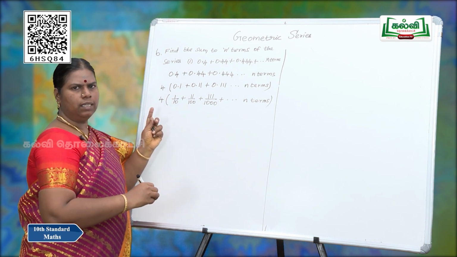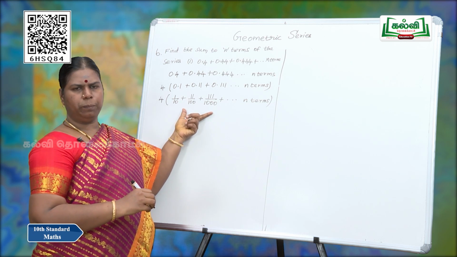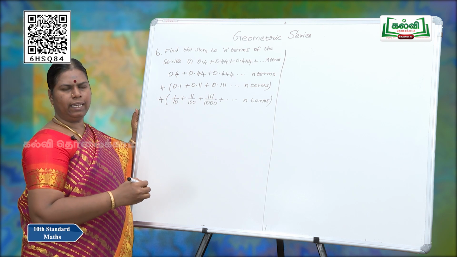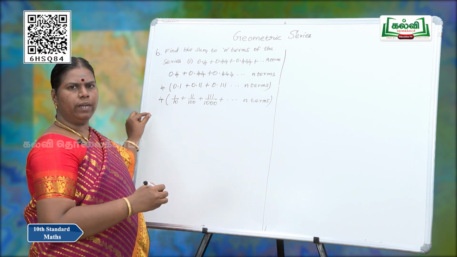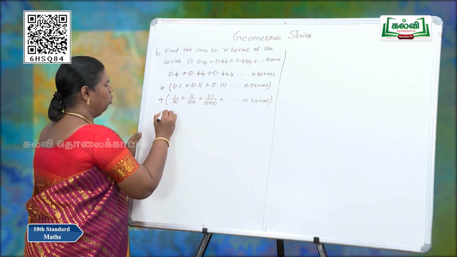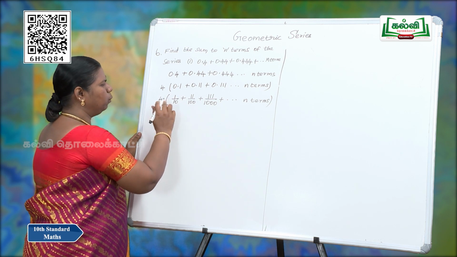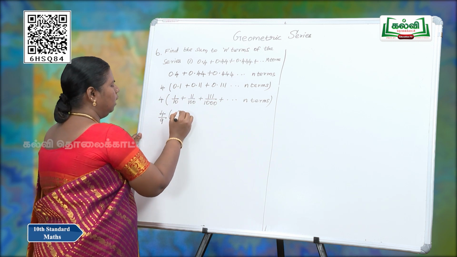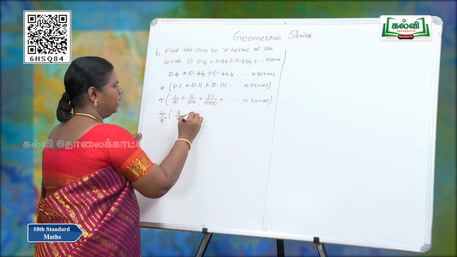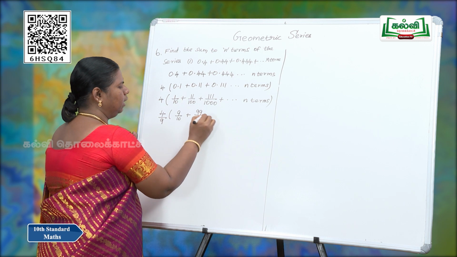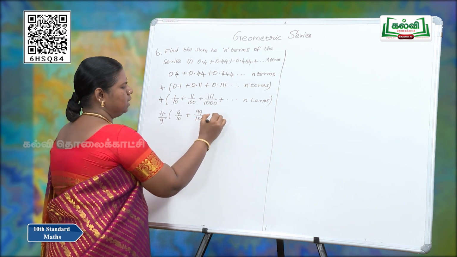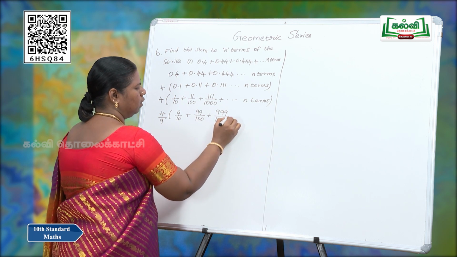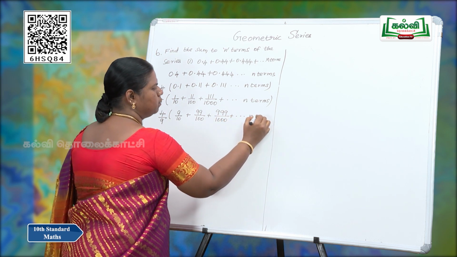Now also the sequence is neither in GP nor in AP. So, we have to multiply both denominator and numerator by 9. So, 4 by 9, we have to multiply each numerator into 9. 9 ones are 9 by 10 plus 9 11s are 99 by 100 plus 999 by 1000 up to so on to n terms.